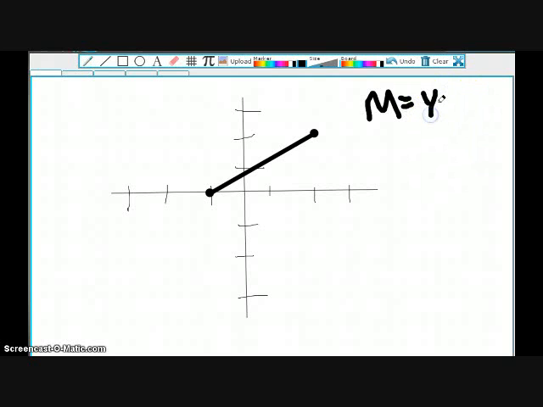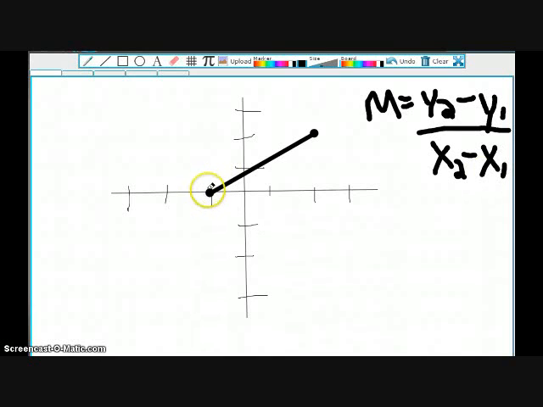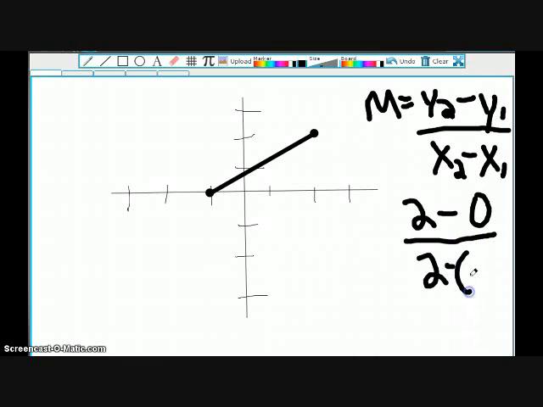The formula was y sub 2, our second y point, minus y sub 1, our first y, which is right here. And right there, that is our 2 minus 0. And then we'll go ahead and finish the equation. It was over x2 minus x1, which is our second x point minus our first x point. Now, that is going to give us our 2 minus 0, which is 2, over our 2 minus a -1,